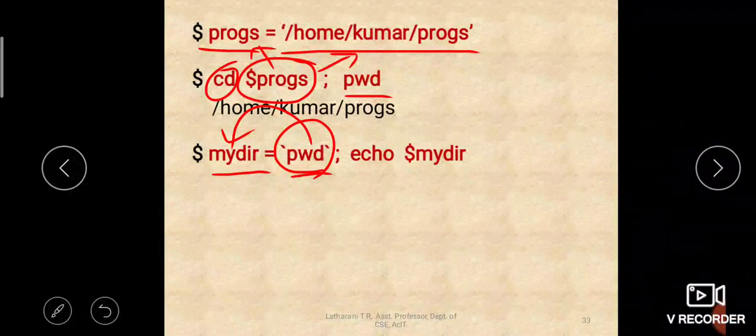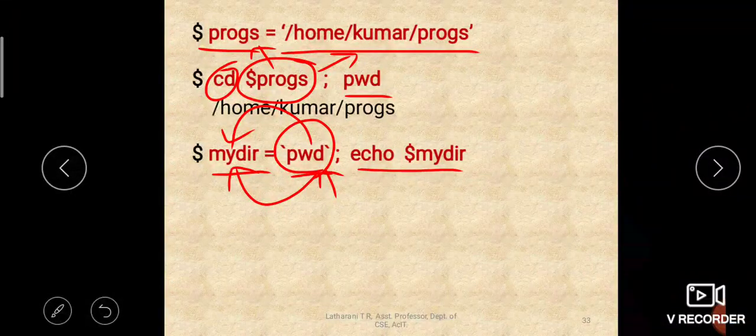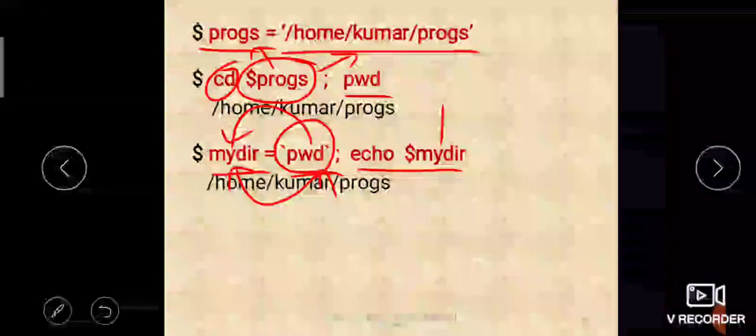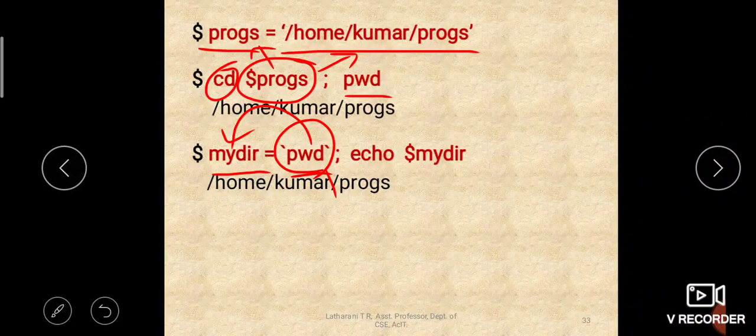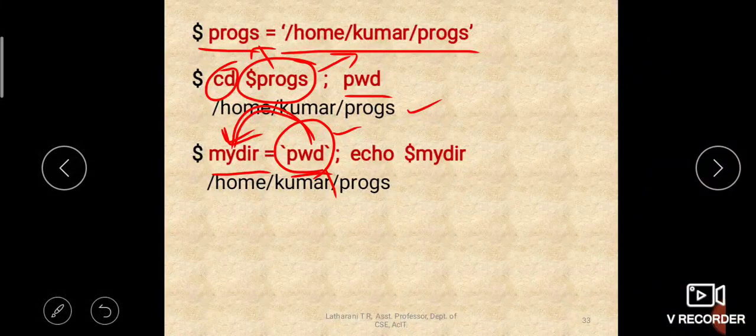So now the pwd command will be evaluated and it will give you the present working directory, which will be stored in the variable called mydir. When you say echo $mydir, the value of mydir will be displayed, which is /home/kumar/programs, because we are currently in this directory, and that is given by pwd, which in turn is stored in mydir. When you display that value using the echo command,